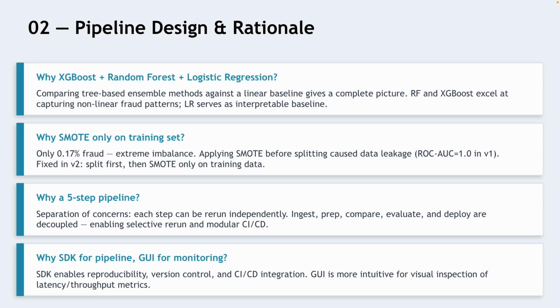Third, why a 5-step pipeline? Separating concerns means each step can be run independently. If I change the model, I don't need to re-ingest the data. The modularity is essential for production MLOps. Fourth, why SDK for the pipeline but GUI for monitoring? The SDK produces reproducible, version-controlled code that integrates with CI/CD. The GUI is more intuitive for visual inspection of latency and throughput, where you want to see the trend